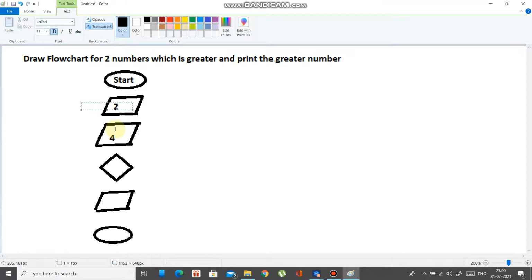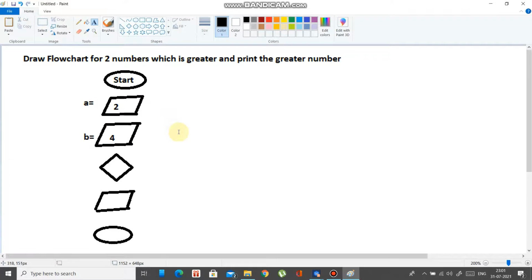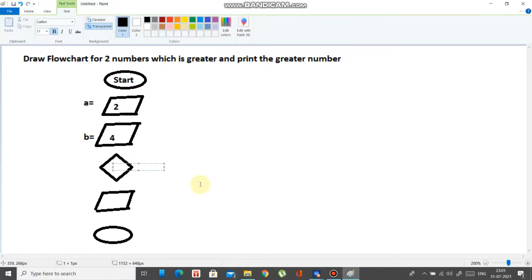We should initialize A equal to 2, B equal to 4. Now decision making is going to happen. We have to print the greater value.